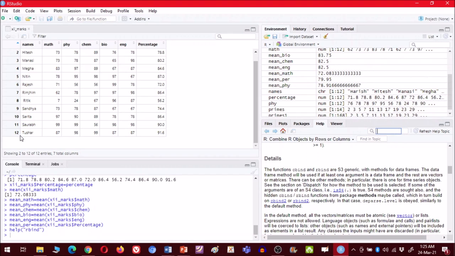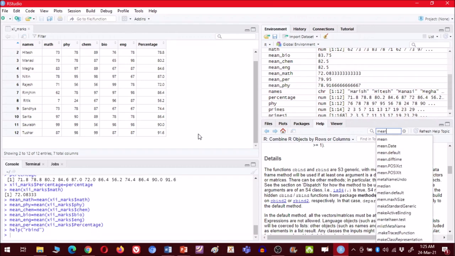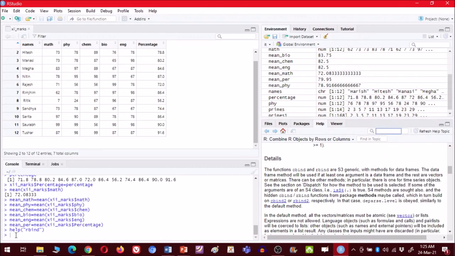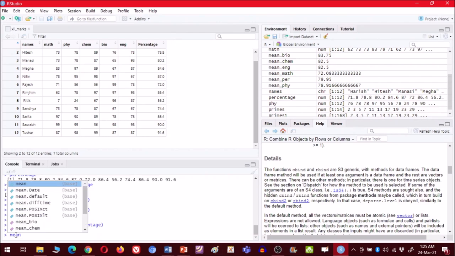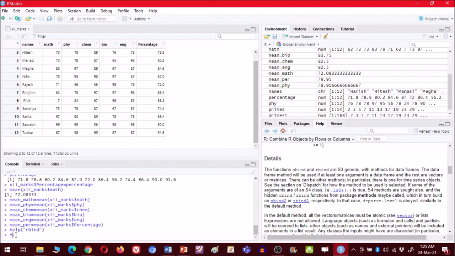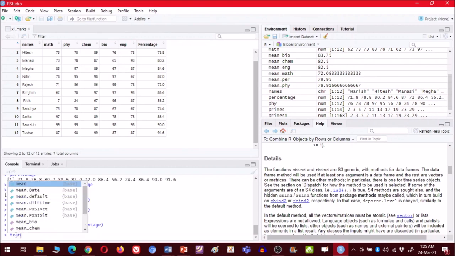If I want to add the mean to this row, then what I will do is, we have to bring the cursor here. Now we have to create a data frame. To create the data frame, we have to use this formula mean. Okay, let us not use this, let us use this capital Mean. Yes, this will be better.